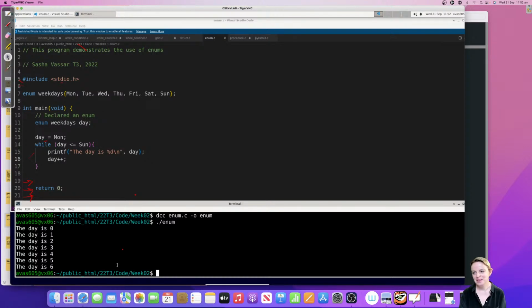It's all right. It's really hard to demonstrate why you need to use an enum without having a large data set. You can do all of these things with just hash defines. These things really come into play a lot more when you have large chunks of data that you need to deal with. That's the problem.